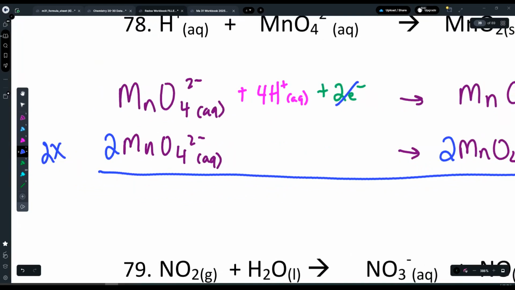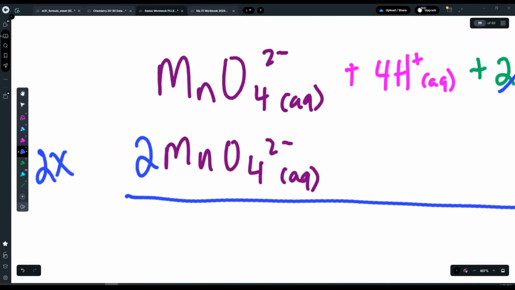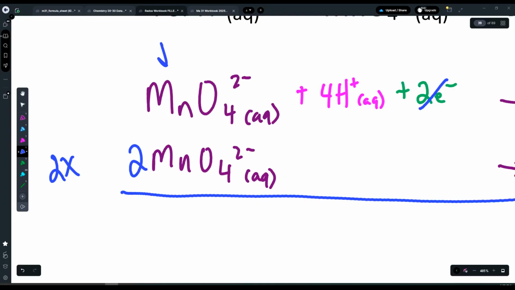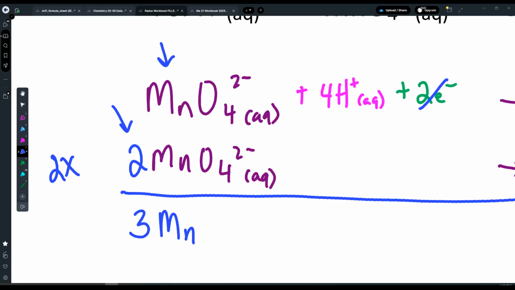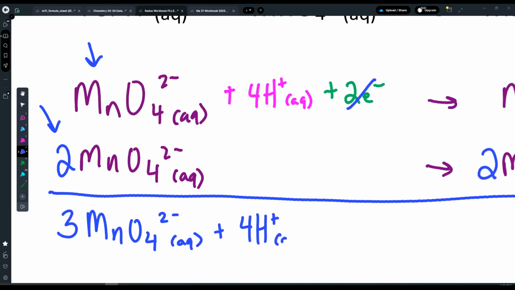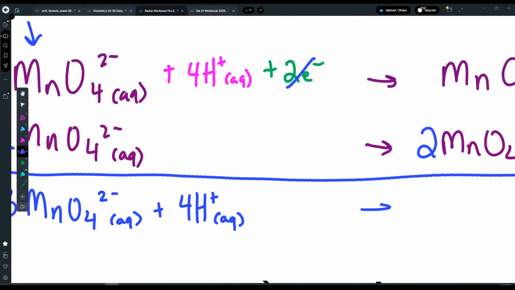Now at this point, I'm just going to check to make sure if there's anything else that cancels out, but there is not. So I'm going to go ahead and move into my net redox reaction. I got 1 manganate ion here, and we're adding these 2 here, so that's going to give us 3 manganate ions